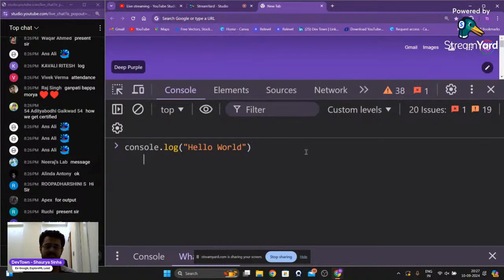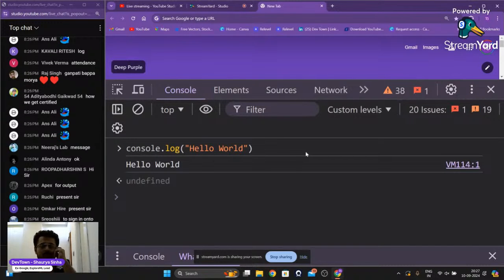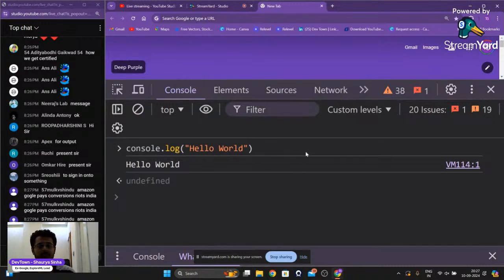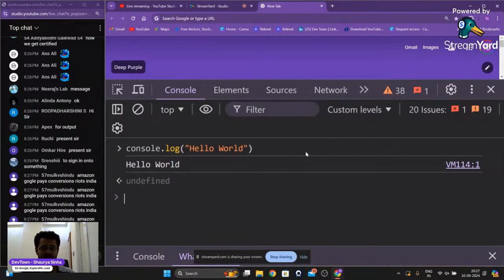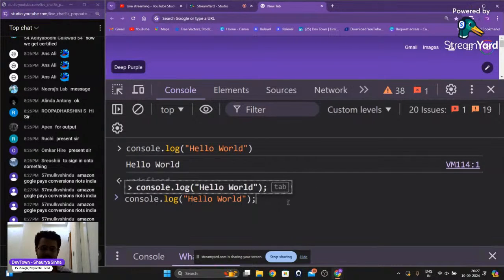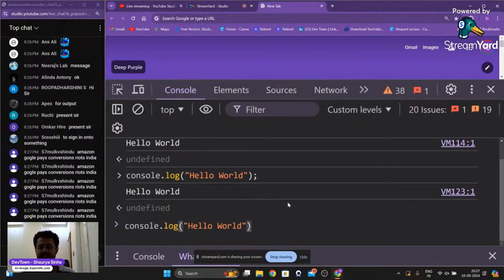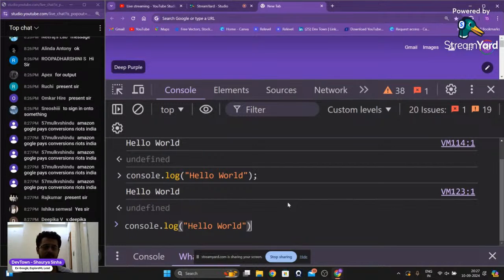Now, when I run this, as you're able to see, we are able to see hello world coming up on our screen, guys. Now, what will happen if I remove the semicolon? What do you think? Without the semicolon, what will happen? If I put the semicolon and I'm getting hello world, if I remove the semicolon from right over here, what do you think will happen, guys?